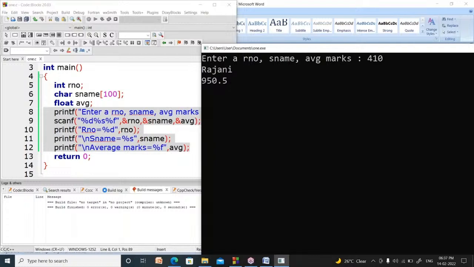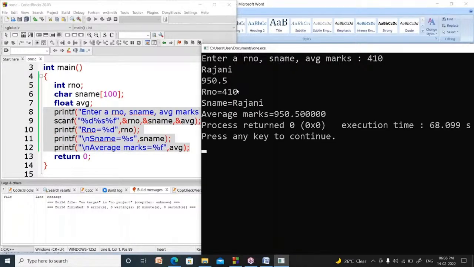After that, roll number. In roll number, what is there? 410. That will be substituted here and print roll number equal to 410. What is there in S name? Rajani. That will be substituted here. So S name equal to Rajani will be printed. After that, what is in the average marks? 950.5. That will be substituted in the percentage f place. Now average marks equal to 950.5. That is the answer. See here, roll number equal to 410, S name equal to Rajani, average marks equal to